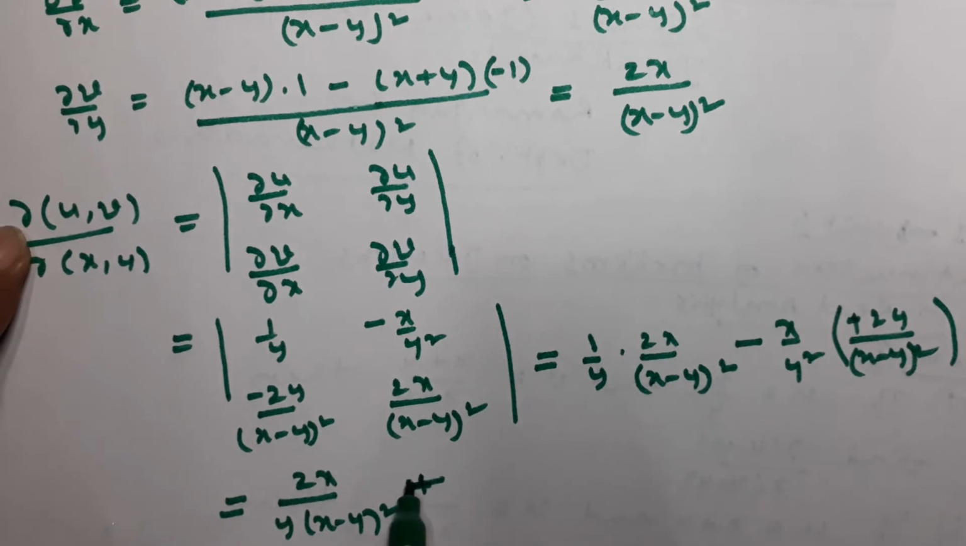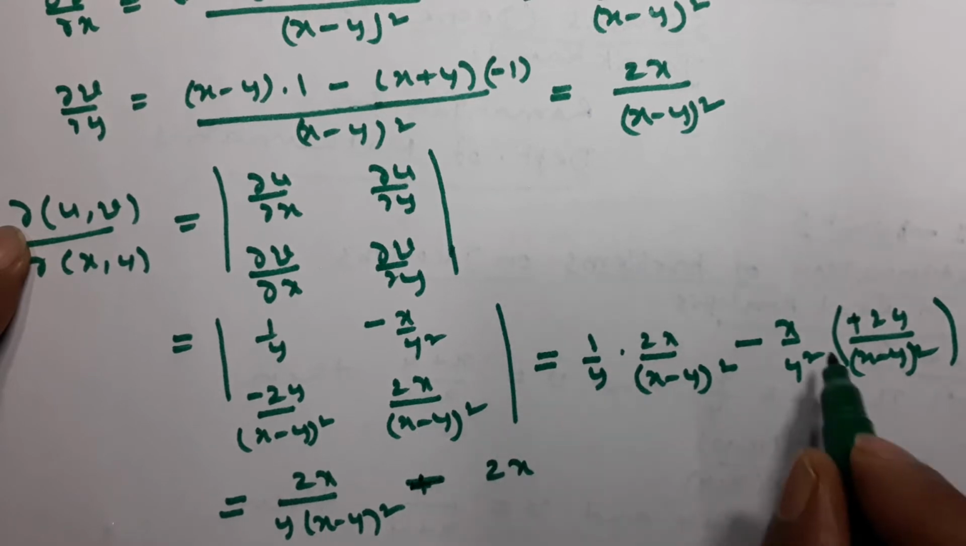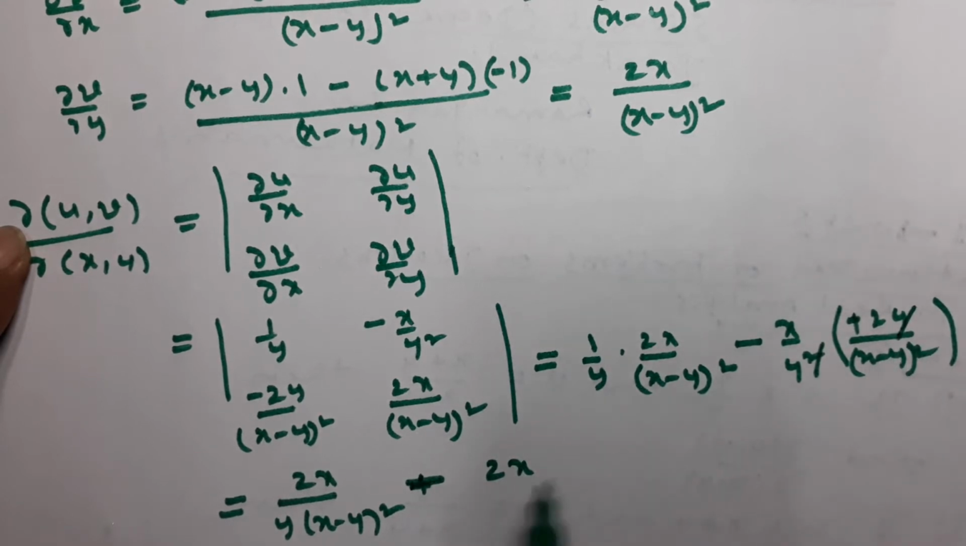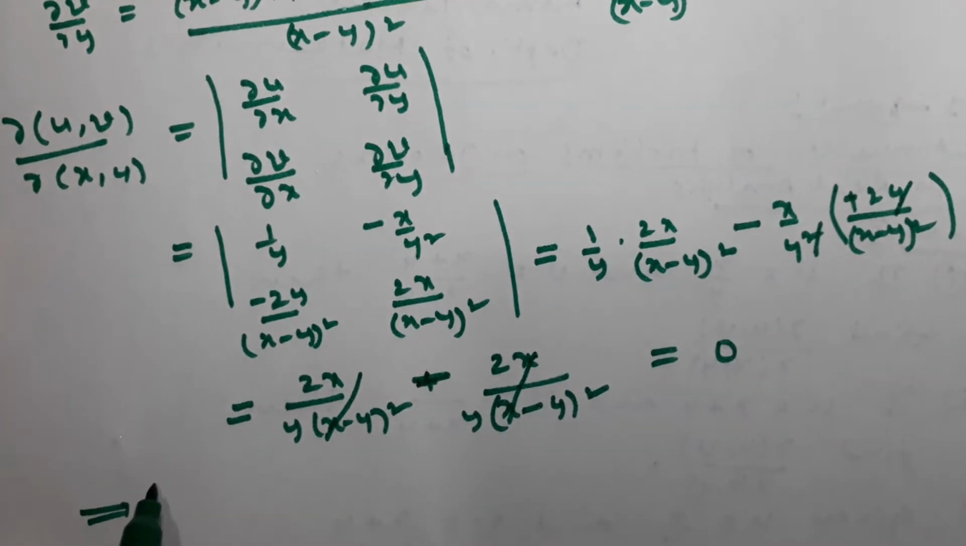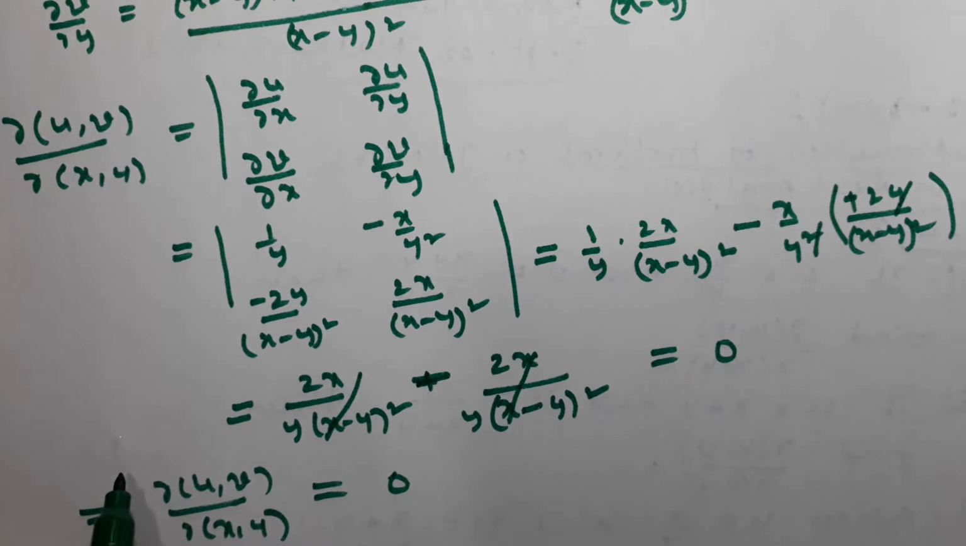Now it is minus, so y is cancelled. 2x divided by 1, y is cancelled. 2x divided by x minus y, that is y into (x minus y) whole square, is equal to 0. That means dou of (u, v) divided by dou of (x, y) is equal to 0. So in this problem,